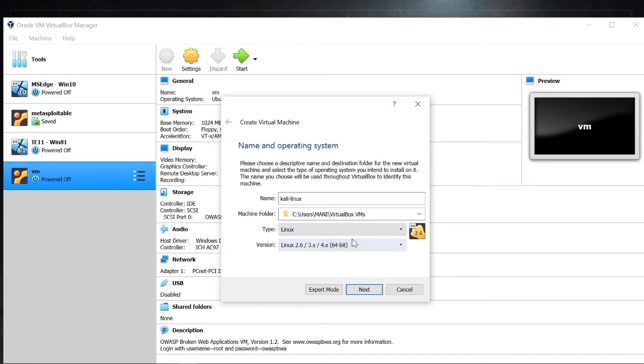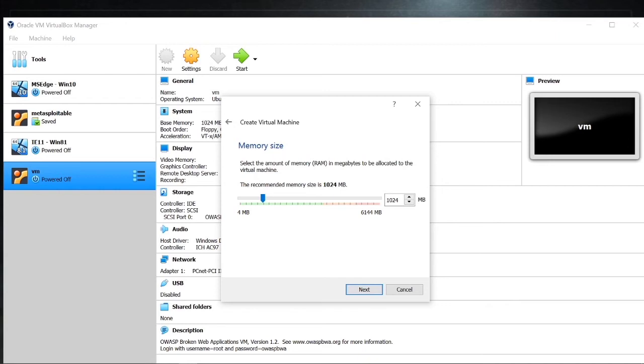Now this is your memory size. This is how much RAM you want to dedicate to Kali Linux. If you are running a 4 gigabyte machine or computer, I would recommend giving it about 2 gigabytes of RAM. That's what I would recommend. So we'll go with about 2048 megabytes, that's 2 gigs of RAM, which is perfectly fine for Linux and whatever we are going to be doing. Alternatively, if you have more RAM, you could increase that, but I really don't use that.